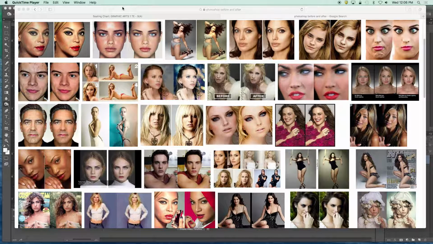This is before and after pictures. I just typed in Photoshop before and after pictures. And it's interesting just to look through some of these. There's a lot of